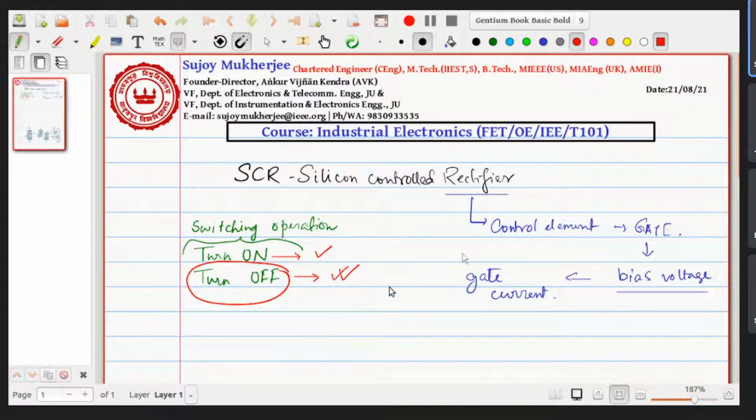If it takes some time to switch on, to turn on, then definitely the process will be slower, fine. At the end of the day, what is important is not always the profit in case of production, that if a particular device is taking much time to operate, no. But if a particular device by virtue of its operation is killing people, then that is not recommended. So how I can stop that particular situation, that is very, very important. So this is one important parameter.